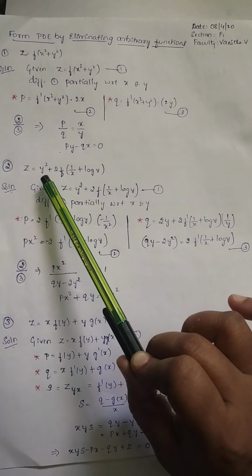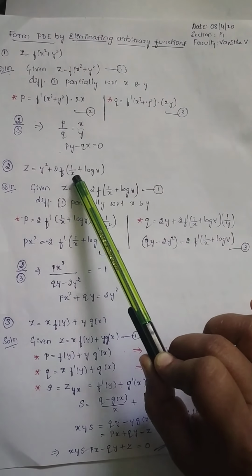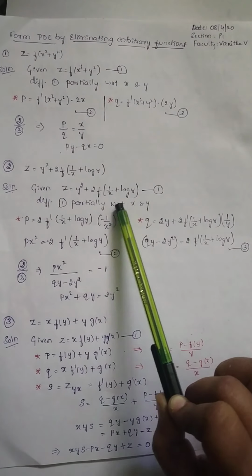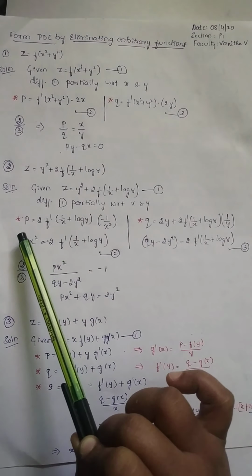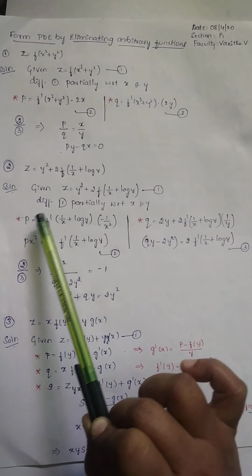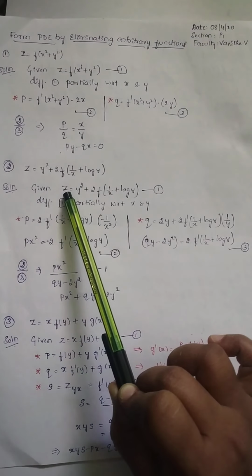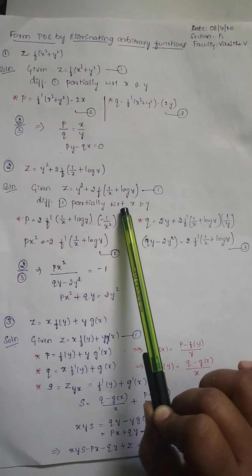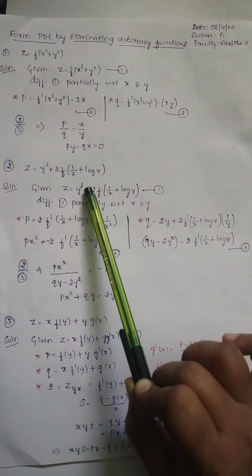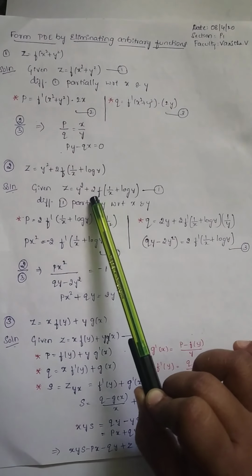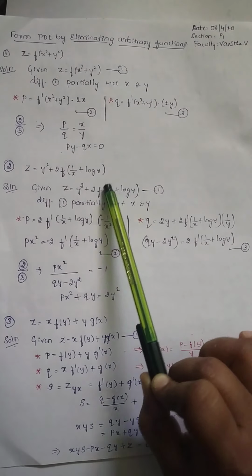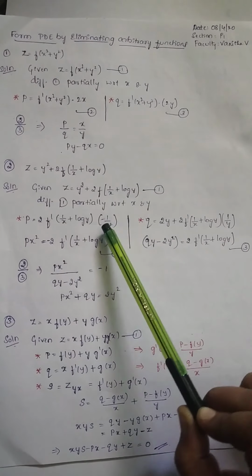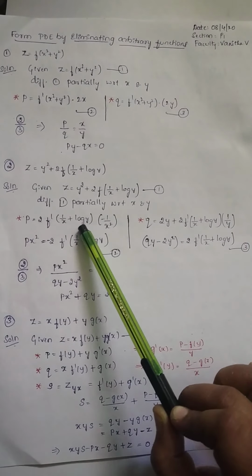Second problem, z is equal to y square plus 2 f of 1 by x plus log y, and calling the problem as 1, differentiating 1 partially with respect to x and y is to be taken. Okay, so first case is partial differentiation with respect to x. So LHS is del z by del x, nothing but p, and with respect to x we are differentiating, so y will be constant, differentiation of constant will be 0, and 2 as it is, differentiation of f of x will be f dash of x, and by chain rule differentiation of 1 by x is minus 1 by x square, and differentiation of constant is 0.